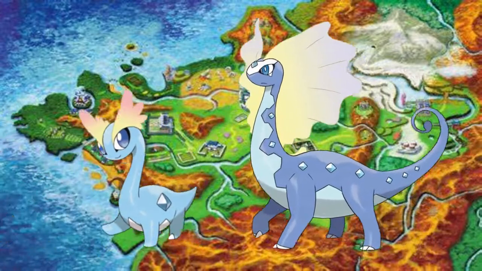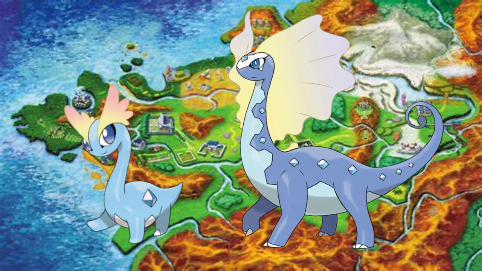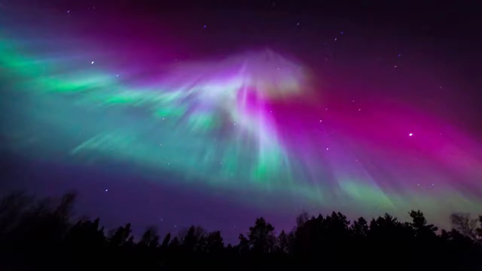Now, Amaura and Aurorus are based on sauropods, but that doesn't really help us that much. I mean, what type would a sauropod be? Even though this inspiration doesn't really help us find its original type, the second inspiration of it, the Aurora Borealis, might be able to help us. Now, the Borealis is heavily associated with magic and has much folklore about it, and it's also known as the Northern Lights and